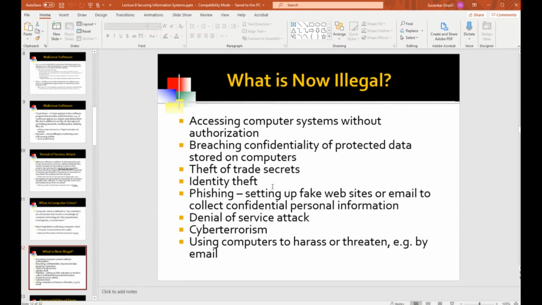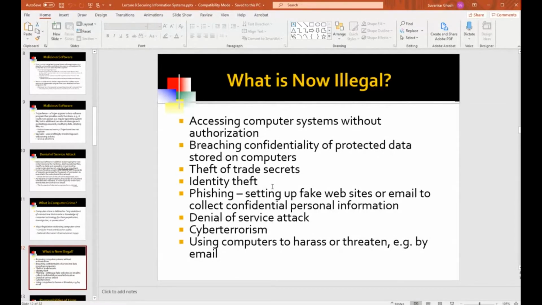And of course, if you broke in and then did the other thing, which is theft of trade secrets. Psychopaths may break in just for the pleasure of breaking in. Industrial espionage people break in not for the pleasure, but for getting trade secrets. So it's not just foreign intelligence agencies.